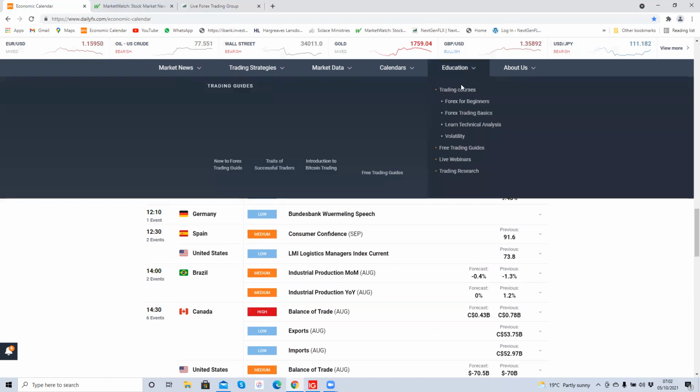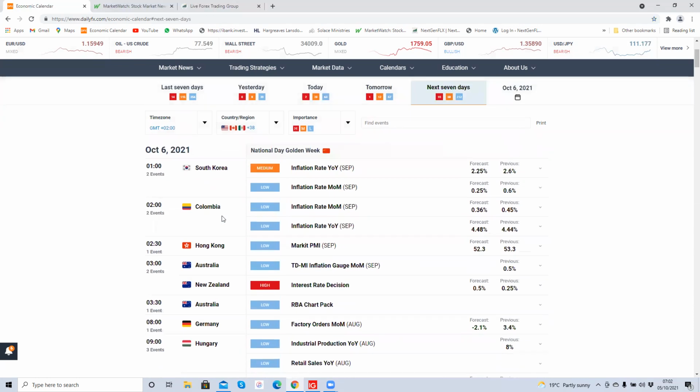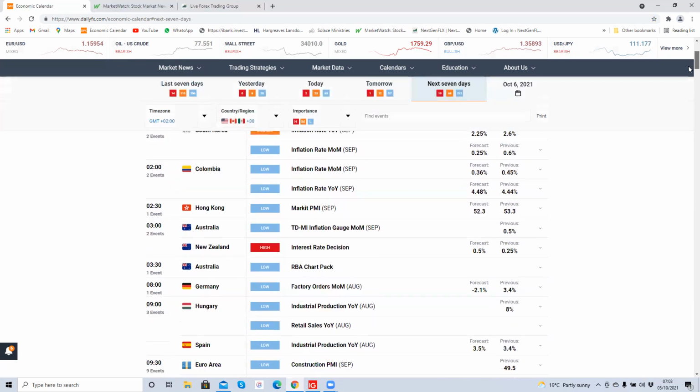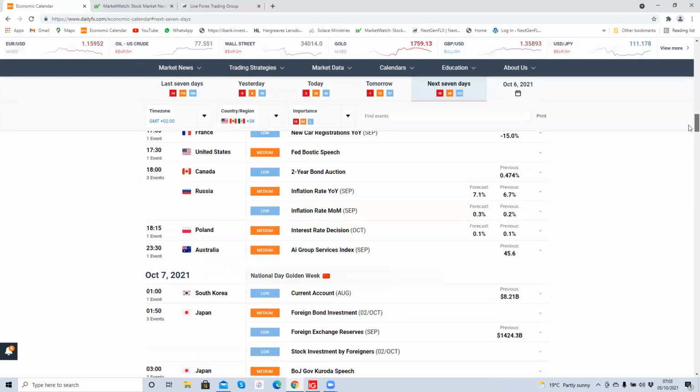But again, don't forget to check the rest of the week. This week is the first week of October. And as we know, with the first week, the US unemployment rate and non-farm payrolls come out on the first Friday of every month. So we're expecting that at the end of this week. But let's have a look. If we go through the rest of the week,